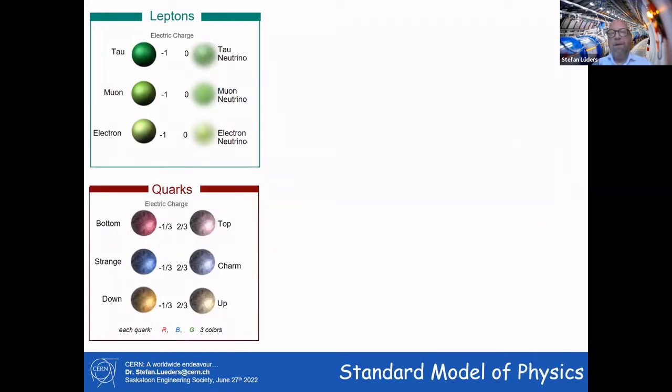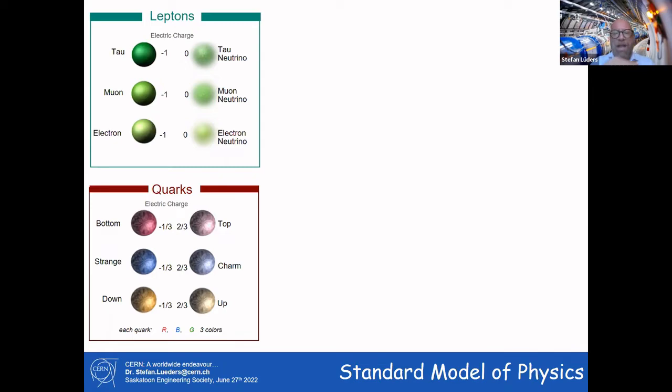We just need to have 12 different particles. You know the electron, which is here. That is the one which is familiar to you, giving you the electricity and me the possibility to talk to you. There's the down and the up quark, which make up protons and neutrons, and this makes up the matter which we all know. And then there are some more quarks: strange, charm, bottom and top. You can try to memorize all those names. They do not really matter.